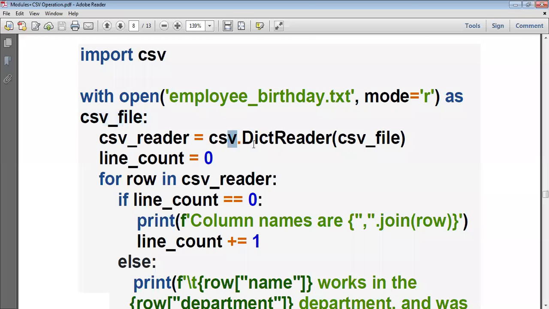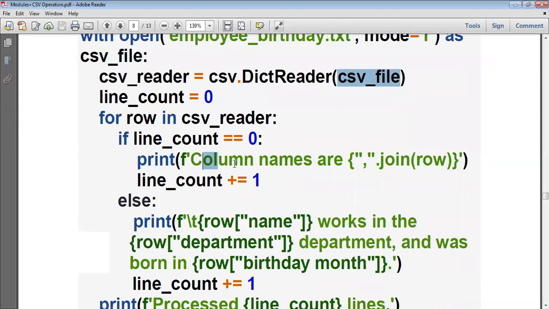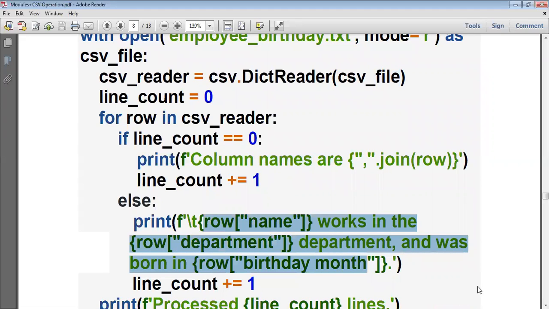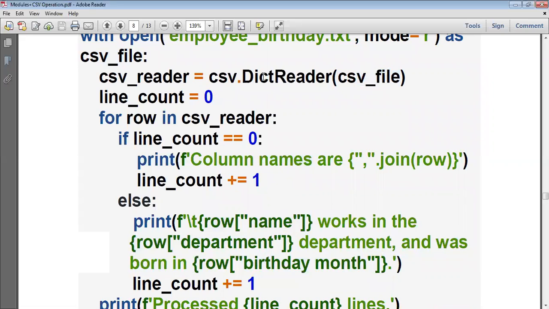Then I have to read the file, right? So here I am reading into the dictionary. Whatever content is inside this file is read in the form of a dictionary. So what is the representation of a dictionary? It is key value pairs. Key, then a colon, then the corresponding value, separated by commas. So here what is represented as key? Keys are nothing but column names, and the values are the remaining rows, the actual text. In this way, it reads the entire content into the dictionary.